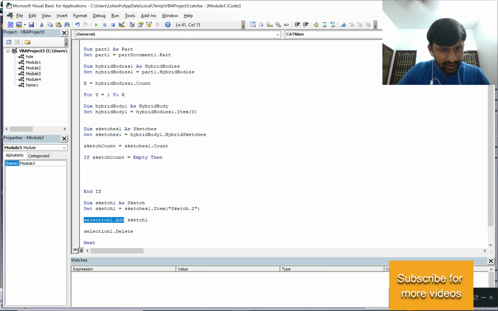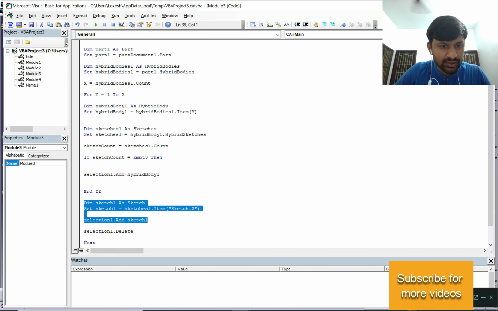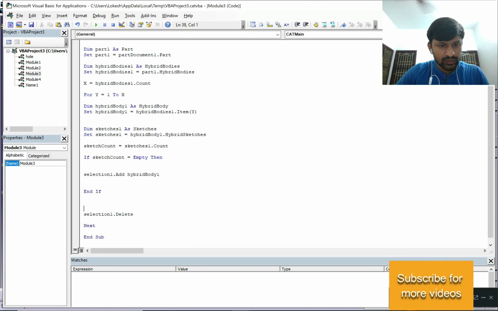Selection one dot add. I'm going to copy this, but I'm not going to add sketch one. I'm going to add this hybrid body, which is nothing but the geometrical set. And I don't need this code, and I'm going to take this delete code outside the loop.